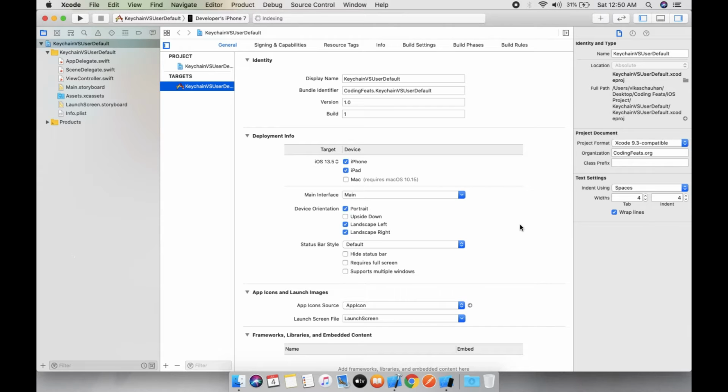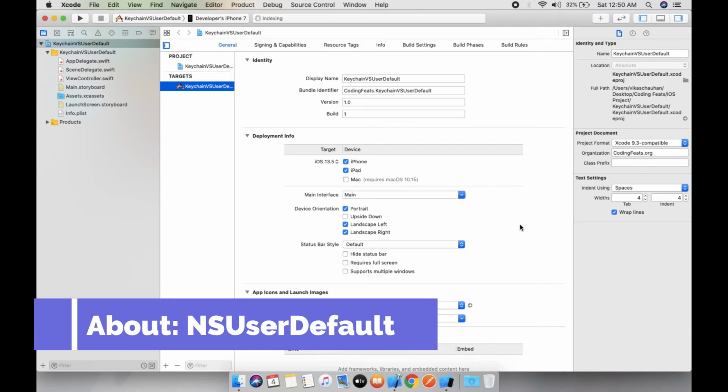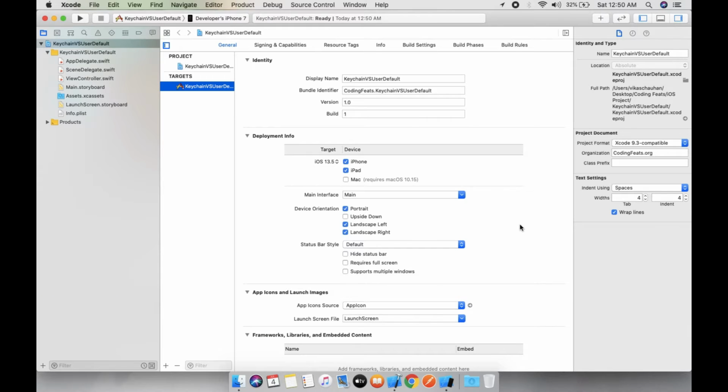But the NSUserDefaults object, and the normal name is user default object, is exceptionally useful for storing a small piece of data in your application. You use it to save your app's user settings, set some names, flags, or simply use it as a tiny data store.